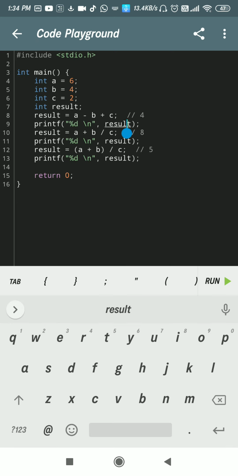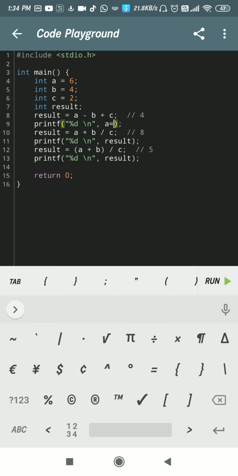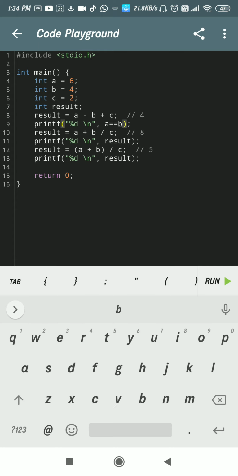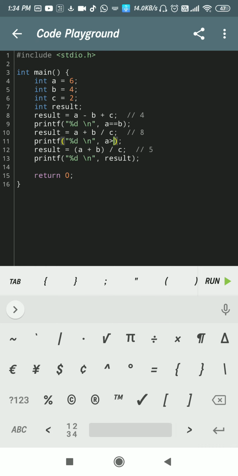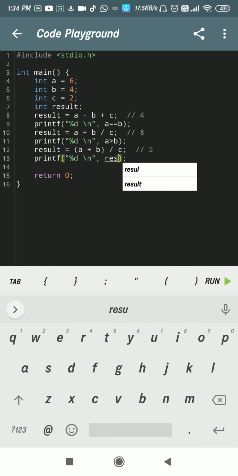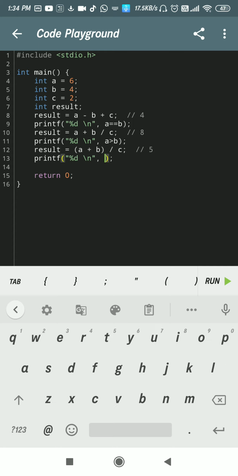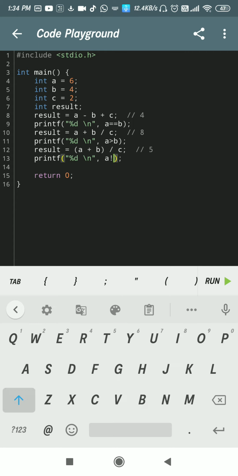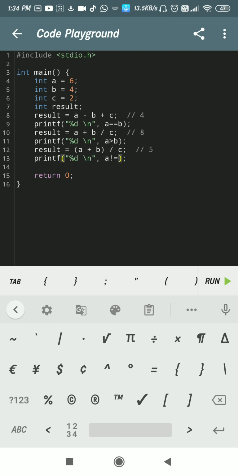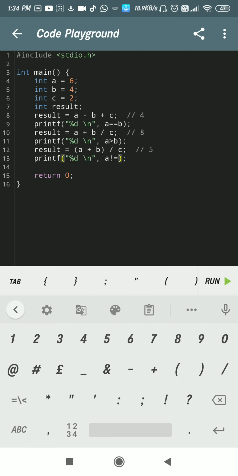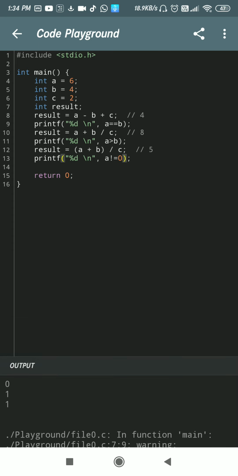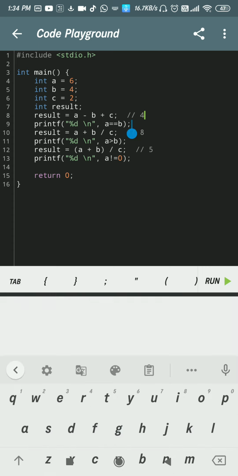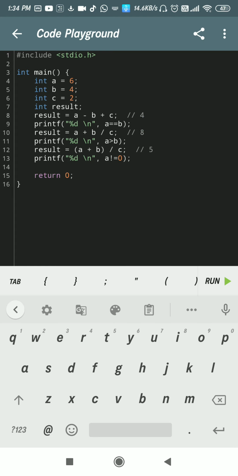See here, I'm directly checking over here. What will be the result? It should be in the 0 or 1 form. Let's say a equals to b. Then I will say a is greater than b. Then a is not equals to, you can type this inside some variable also or directly 0. Let me check what will be the output. So in the first condition of a equals to b, the result should be 0 in here.